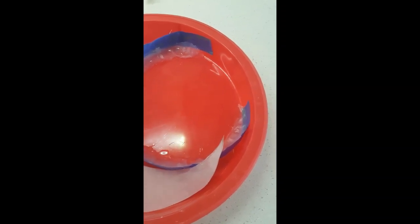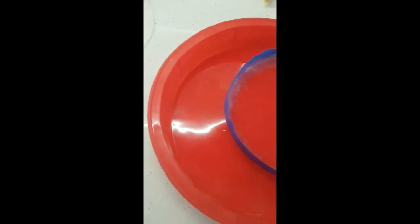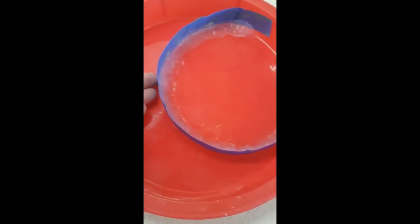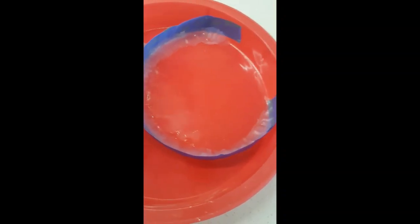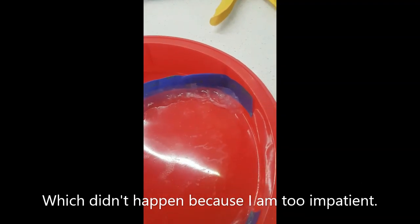And then I've pulled the template out, and this is sort of what I'm left with. So I'm just waiting for it to set now. I did build up quite a bit of a dam around the inside so that it just has some good stability. I'm going to pour it, when I do it, a couple of thin layers,